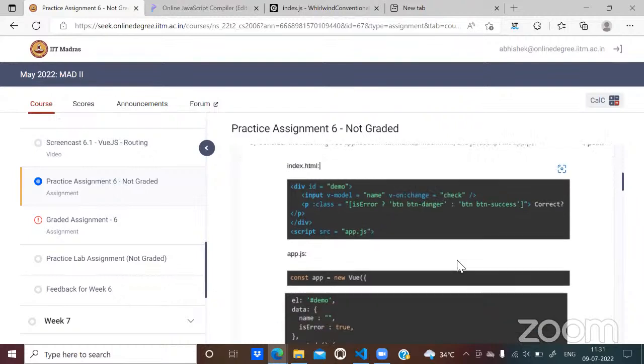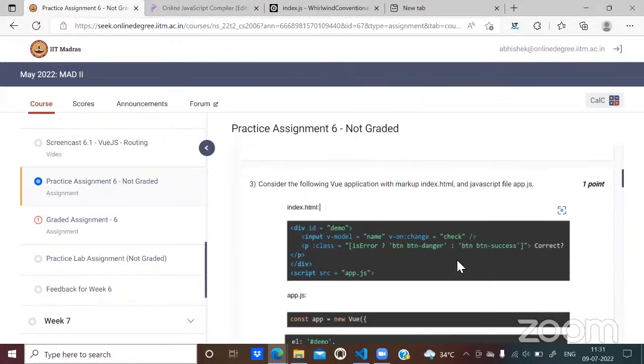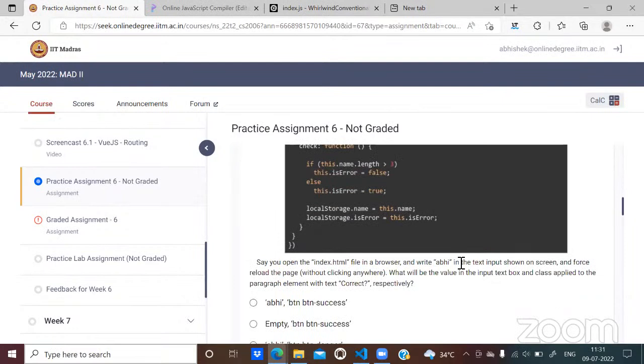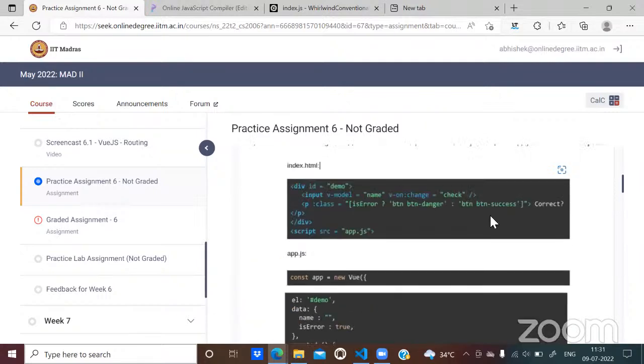Yes, sir. May I know what the exact issue is? Sir, if we are not submitting the data, then how do we get the values in the text box? Because we haven't clicked anywhere, so the data isn't recorded. So what it says is that you open the index.html file in a browser and write a B in the text input shown on the screen and force reload the page without clicking anywhere. What will be the value in the input text class applied to the paragraph in input text?